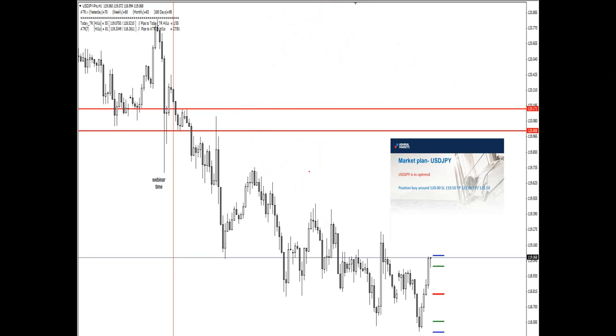Buy 120.00. Basically, what can I say? This was our entry. And the price went 17 pips in profit after our entry. But well,